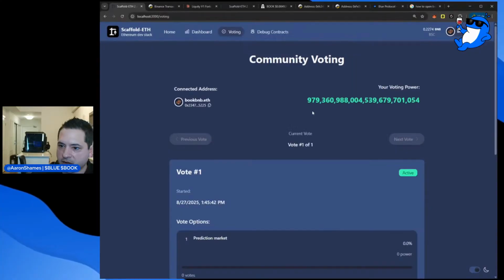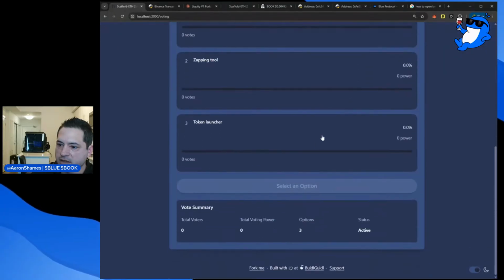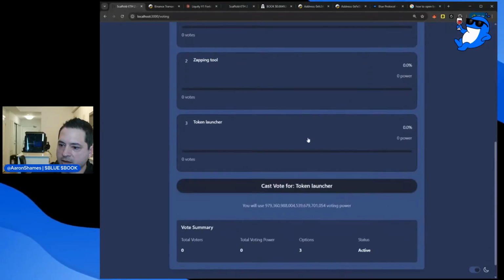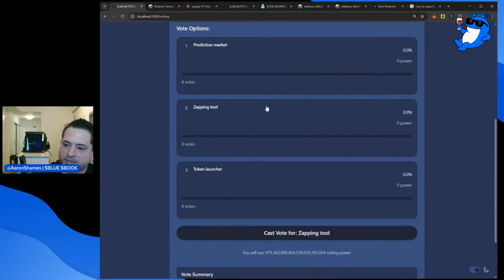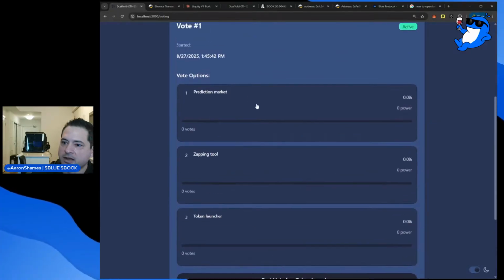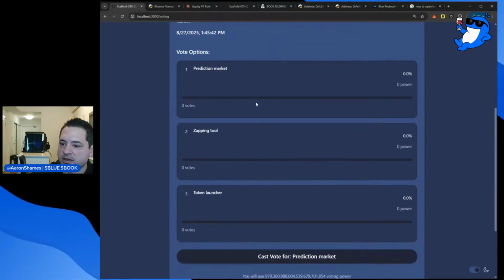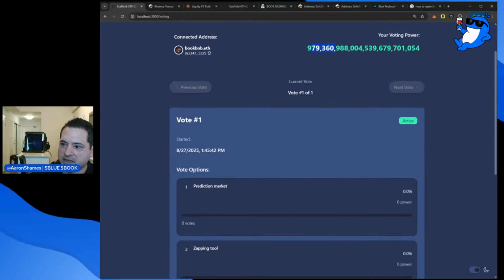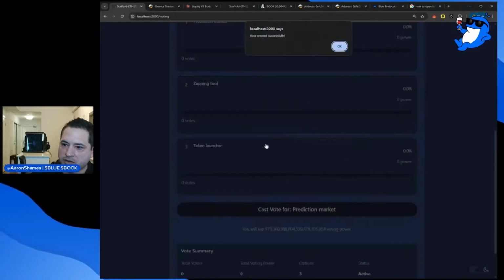Okay, so we've got some problems here. The voting power is not showing properly with the decimals, but other than that, it looks pretty good. This actually looks pretty awesome. Pretty happy with that. We're going to fix the voting power display in a second, but